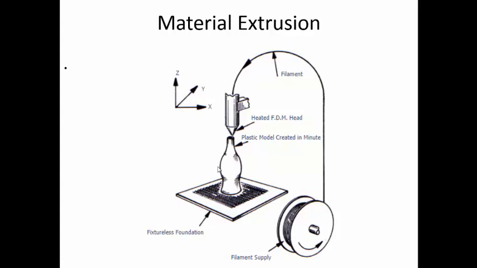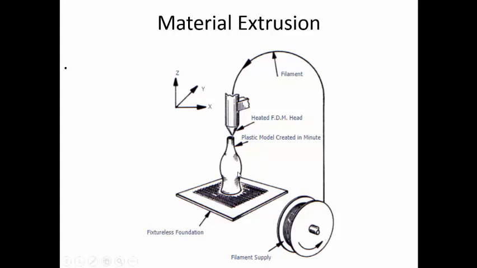So what about the support materials in this case? Since usually there will be only one nozzle, whatever support material is there is also created using the same material. In systems where there are multiple nozzles, support material can be made out of weaker materials so that they can be removed much more easily. Otherwise, with only one nozzle, whatever the part material is, the same will be the material for the supports.